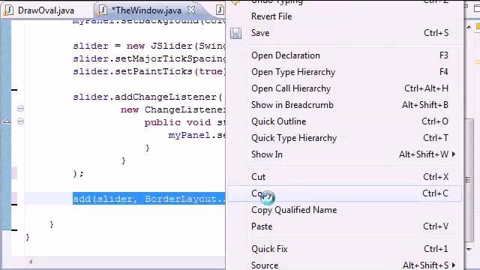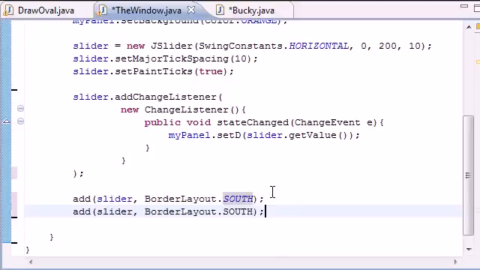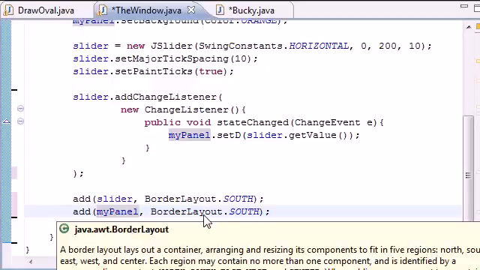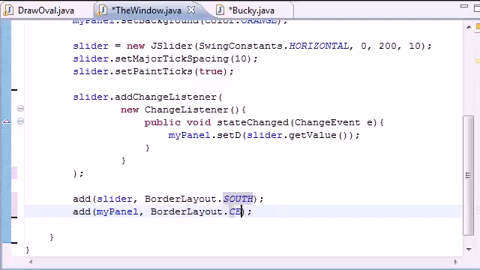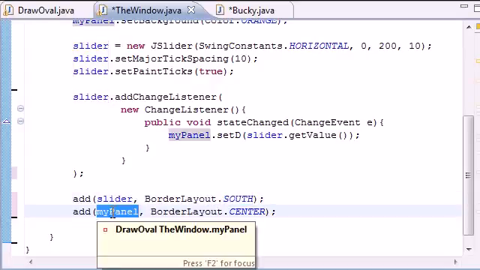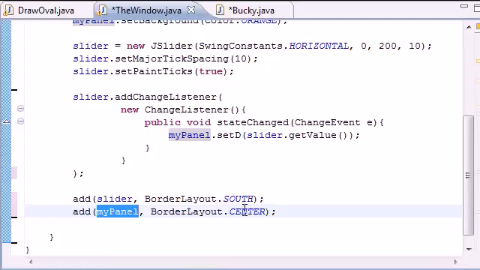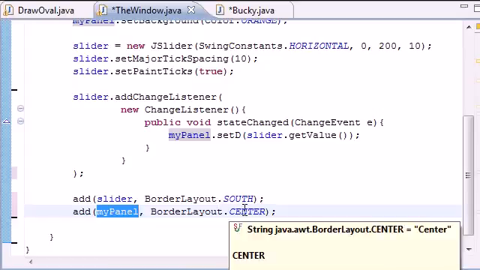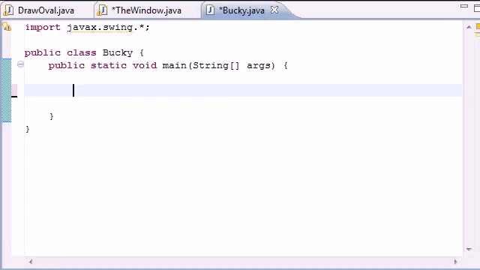Let me just copy that because I'm lazy. Don't want to have to type anything. Copy paste. So we added the slider. Now we want to add my panel, which is pretty much the background and the circle. So now with those three things, we added everything, and we want this to appear in the center. So now that we added the slider at the bottom, which is south, and the panel, which consists of the circle in the background in the center, we're ready to go to our main window, call everything, get it set